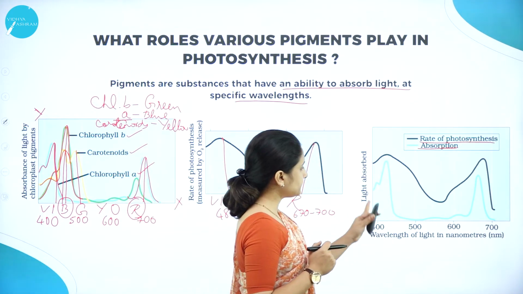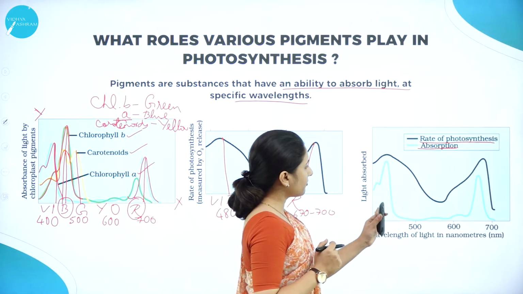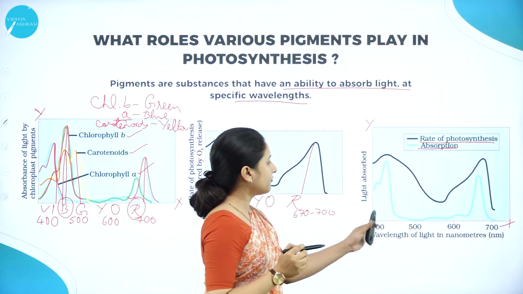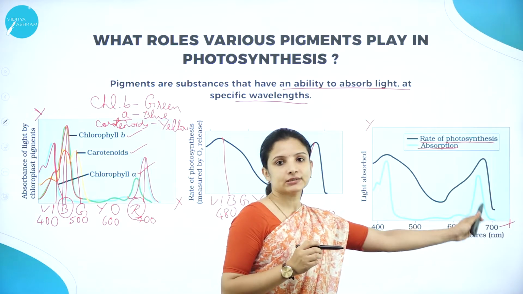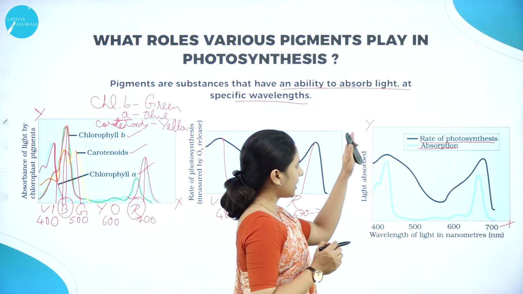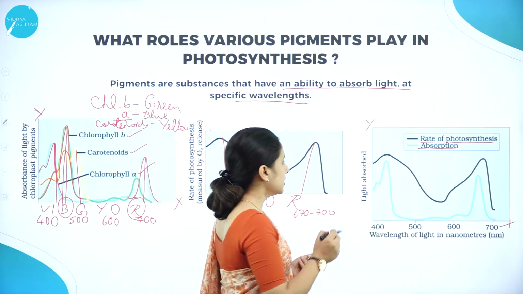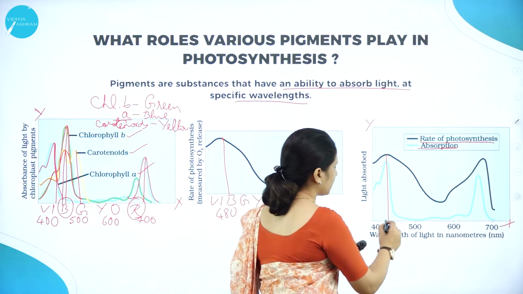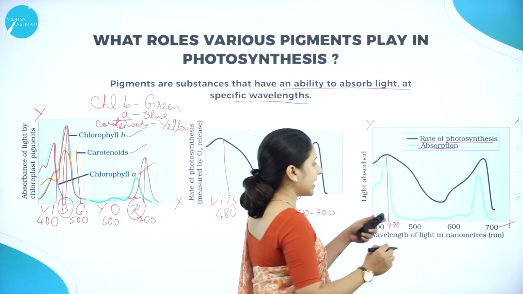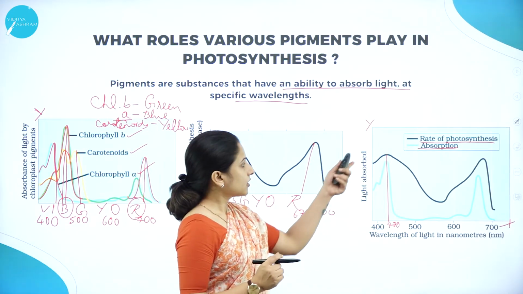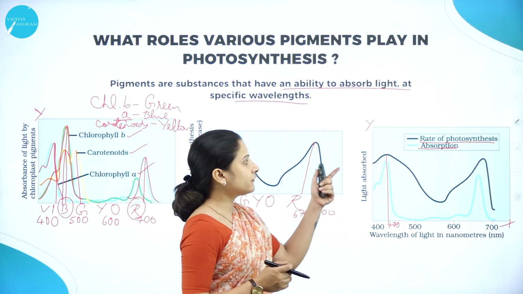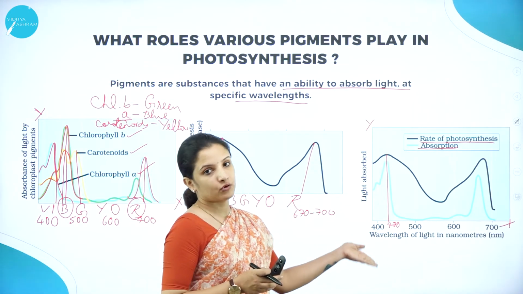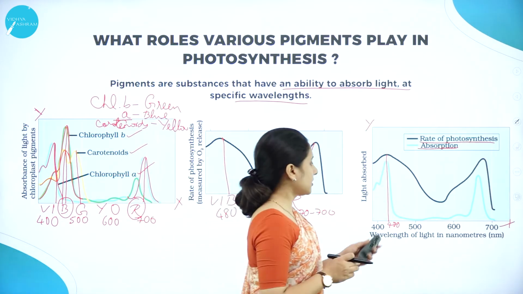So here you can see different wavelengths, that they have marked on the x-axis and y-axis. On the x-axis, they have marked 400, 500, 600, 700 nanometer, and on the y-axis, they have given the light absorbance. So if you can see here, the light absorbance is more at somewhere between 470 to 480 nanometer. So therefore, for chlorophyll A, the rate of photosynthesis is high when the absorption of light is at 470 to 480 nanometer. That is blue light.